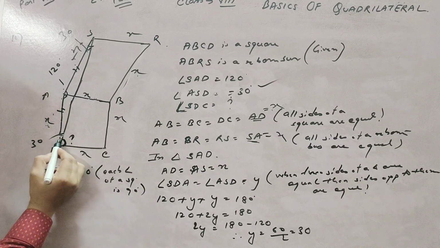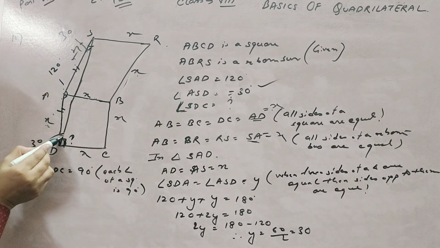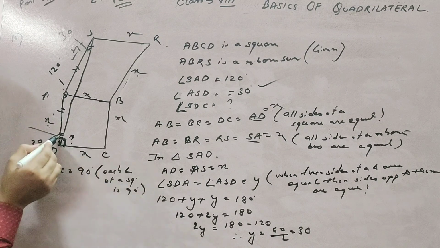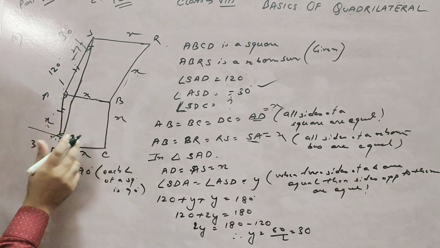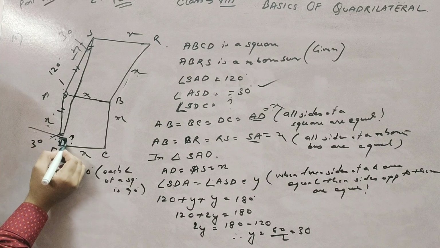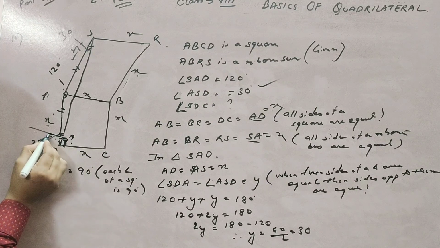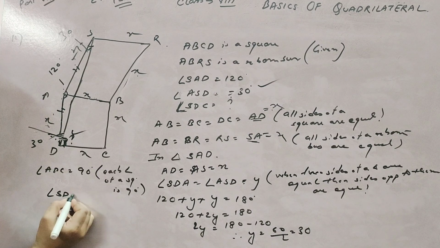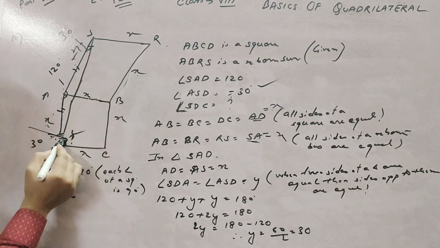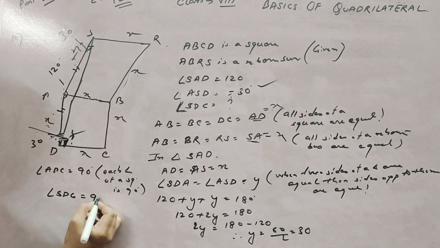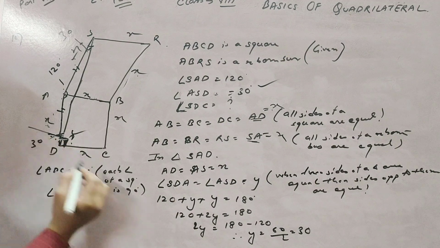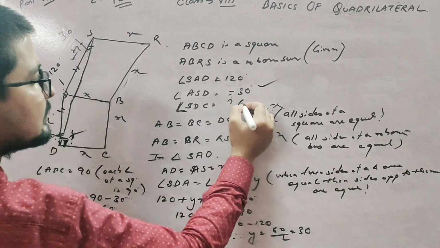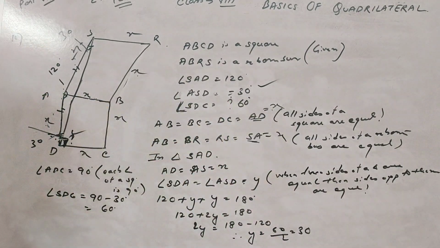We know that this whole portion is 90 degree. You get this point 30, because you found out this portion is 30. So this portion is 60 degree, because the whole portion is 90 and this angle is 30 degree. So the left portion is 60 degree. So SDC, this angle, is 90 minus 30 degree. So SDC is 60 degree. Clear? Note.